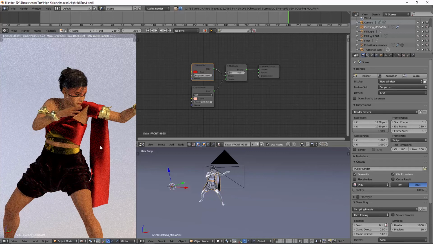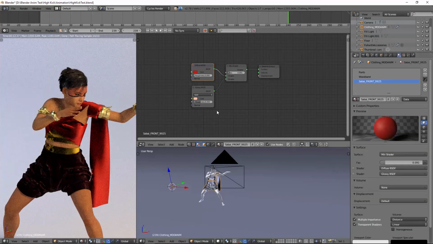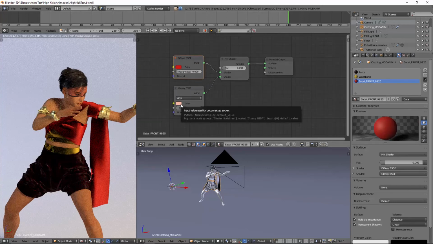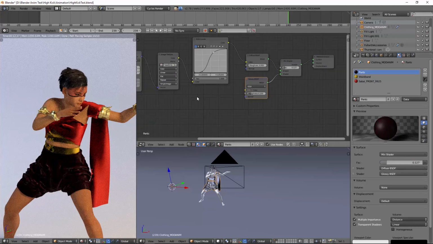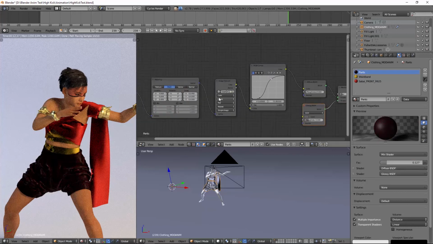But these are super simple materials. This was before I really knew what I was doing with creating materials in Blender. So the scarf here, the body wrap, is just this red diffuse with a bit of a slightly pink glossy with the roughness brought up. The waistband fabric, which goes under this bandeau and the waistband, is just yellow diffuse. I didn't even add a specular map to that because it looked kind of shiny already because I had those normals all which ways. And then the pants, I had to search around for this.